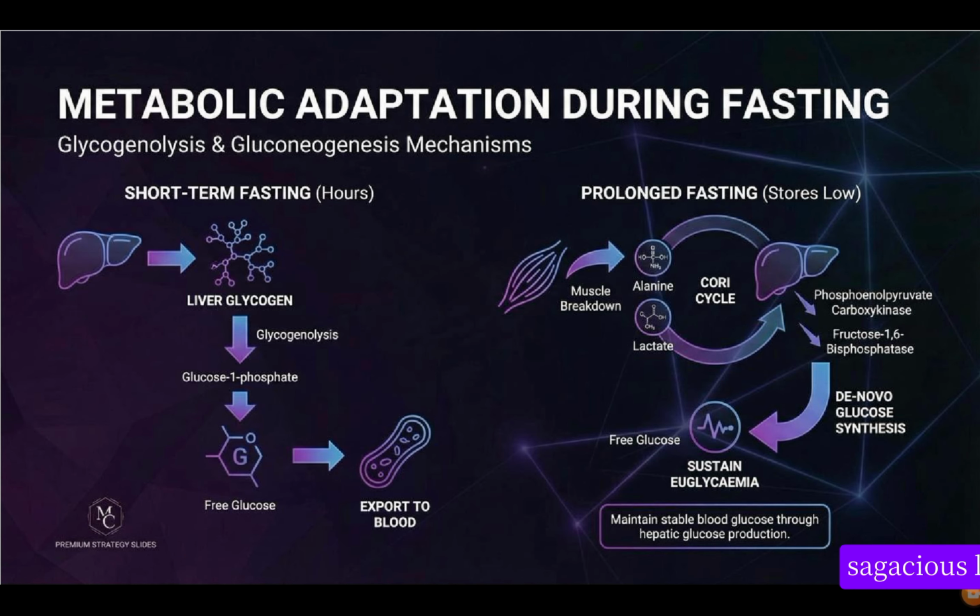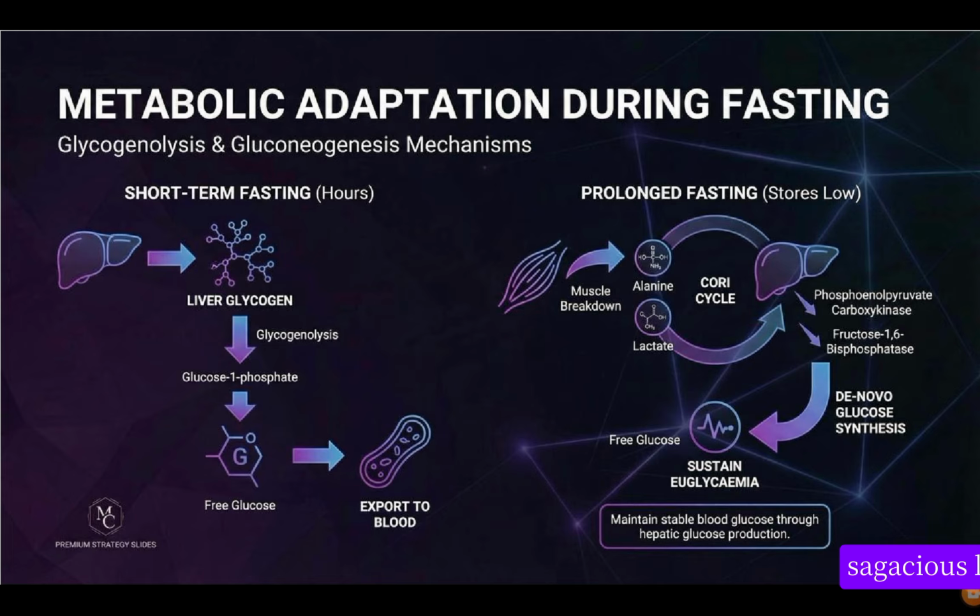So we have the metabolic adaptation during fasting, which is called glycogenolysis and gluconeogenesis. So these are all mechanisms. The body will always undergo some mechanisms, some homeostasis, in order to maintain the body. So we have short-term fasting and we have prolonged fasting. So during fasting, our body most times does two things, which is glycogenolysis and